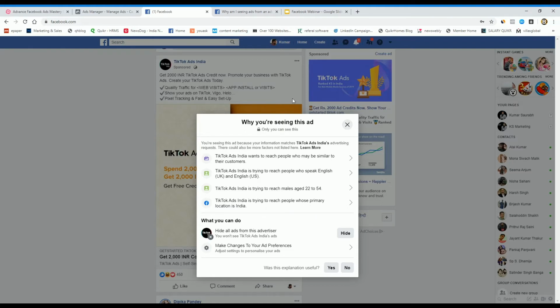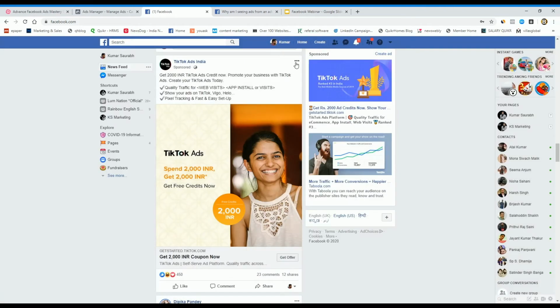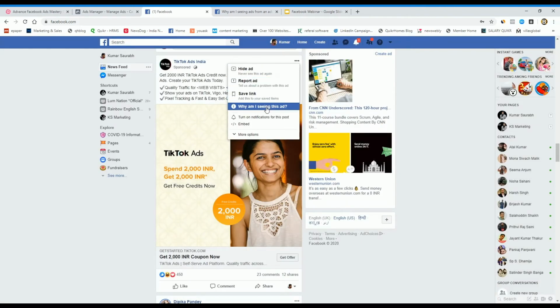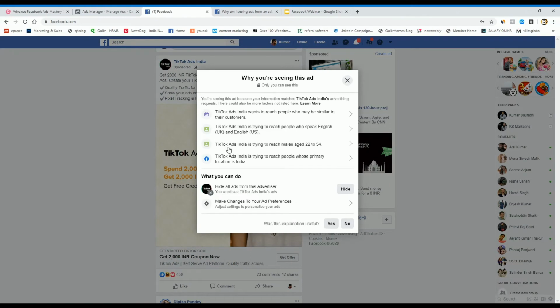So by clicking on this, after going to why am I seeing this ad, you can check which thing they are targeting, which kind of advertising is running on Facebook by your competitor, right? So you can check easily about your competitor's advertisement, about their targeting, what kind of advertisement they are running, okay.